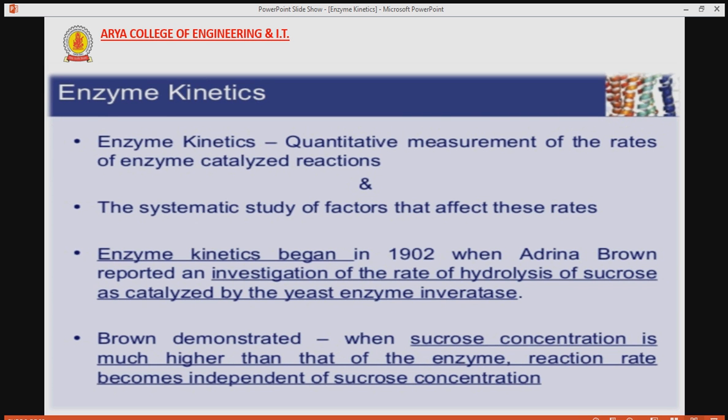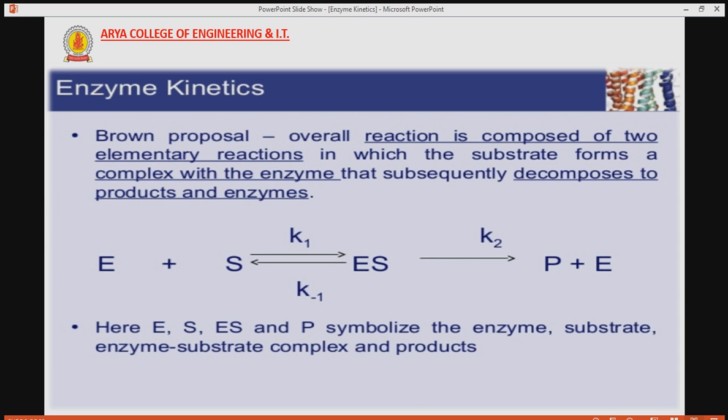It began in 1902 when Adrian Brown reported an investigation of the rate of hydrolysis of sucrose. According to the Brown demonstration, when sucrose concentration is much higher than that of the enzyme, the reaction rate becomes independent of the sucrose concentration. Here is the mechanism of enzyme action: enzyme plus substrate gives enzyme-substrate complex,